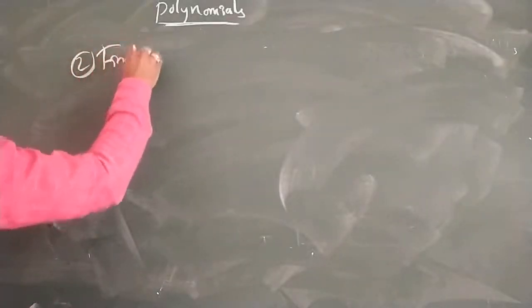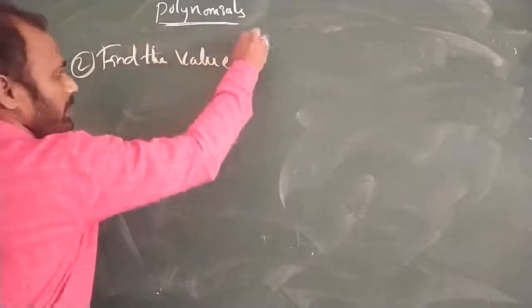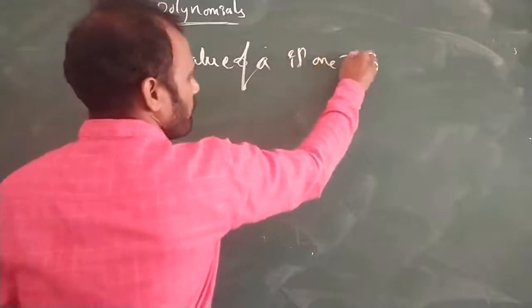Find the value of k if one zero of the polynomial